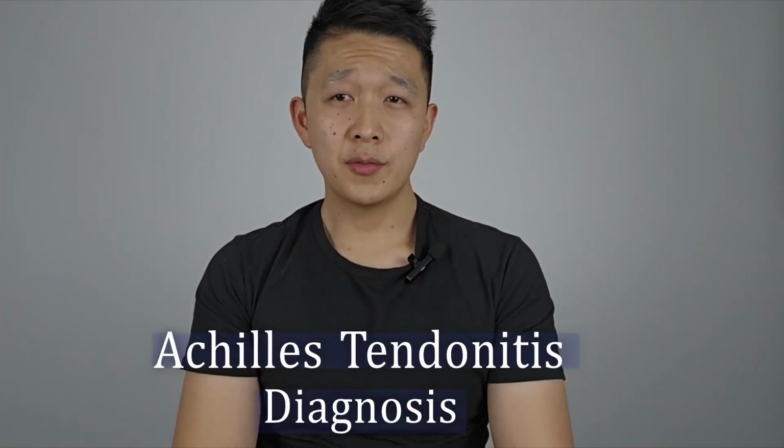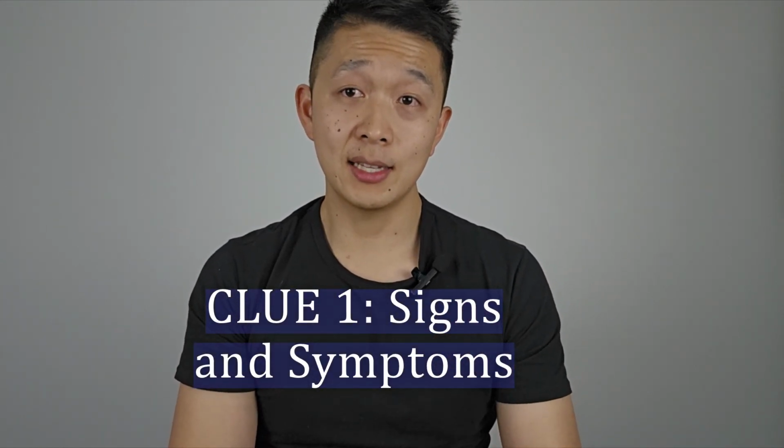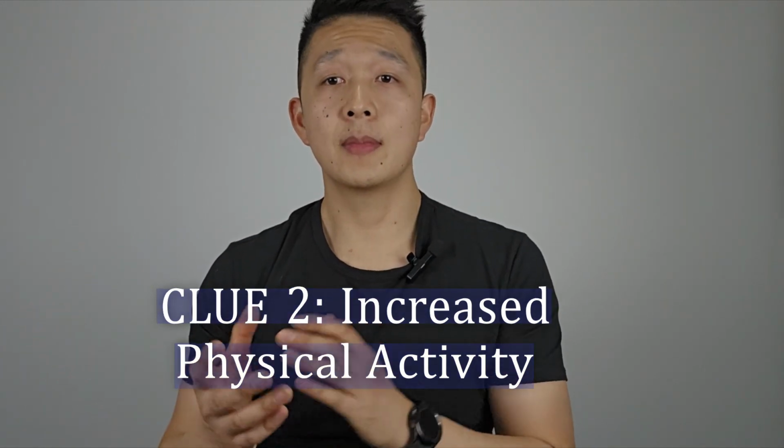So how do you know whether or not you've got Achilles tendon issues? Well, the first thing is looking out for signs and symptoms. So the most common sign and symptom is a pain at the back of the Achilles tendon. Typically, you can pinpoint this with the finger, not always the case. The second thing is thickening of that tendon. Is the tendon thicker when you compare that to the other side? Are there signs of swelling as well? Typically, this is accompanied by a recent increase in physical activity. So if you're a runner, you've upped your volume for the week, that will be a typical precursor towards you